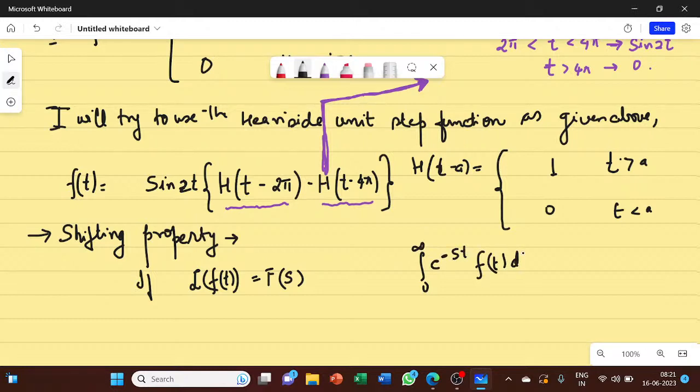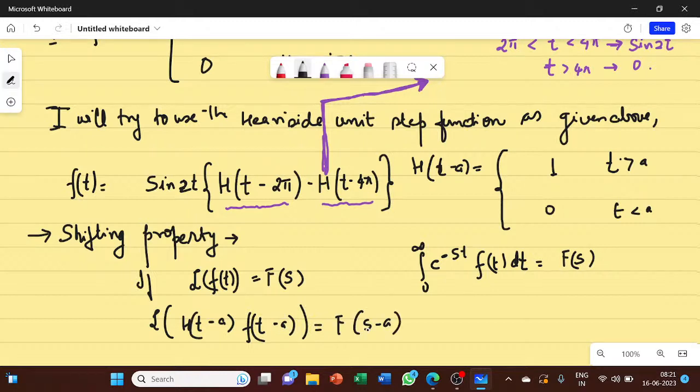This is your Laplace transform, equal to F(s). Then if one wants to find the Laplace transform of h(t minus a), the Heaviside unit step function, multiplied by f(t minus a), then it is equal to